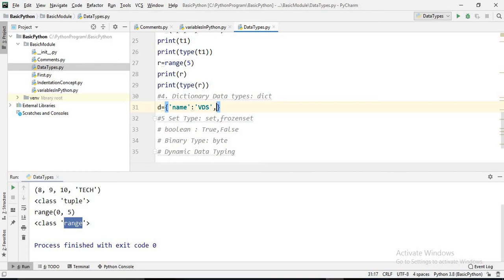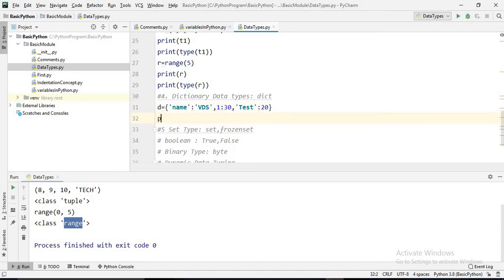And next, to represent one, colon, the value of one is 30, let's suppose. And then another, let's suppose test, and the value of test is 20. So this is the dictionary. How can we print this one?